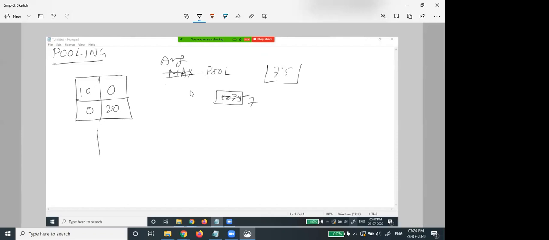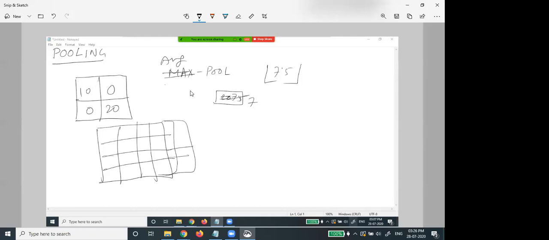So what does this mean? Suppose I have again the same matrix, 6x6.